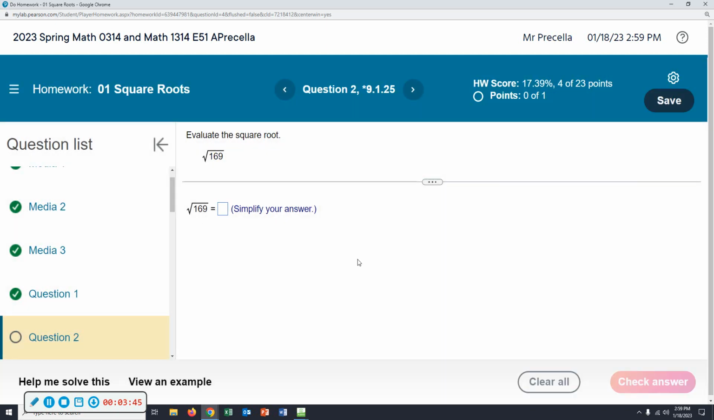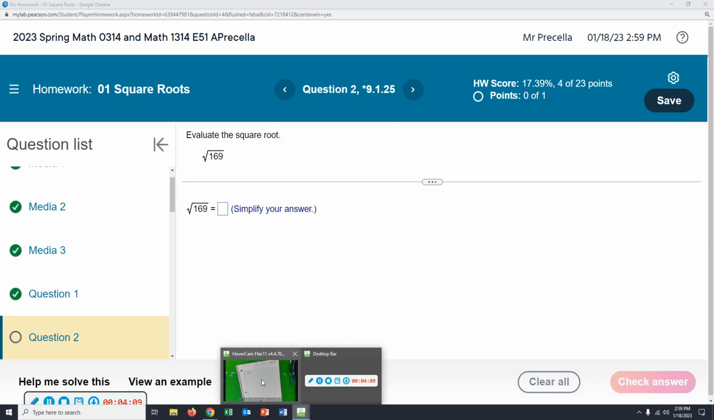By square root, we mean what number can you multiply by itself to get, in this case, the square root of 169. Well, that's a little bit bigger number. Let me go ahead and write this down, and we'll discuss it. Square root of